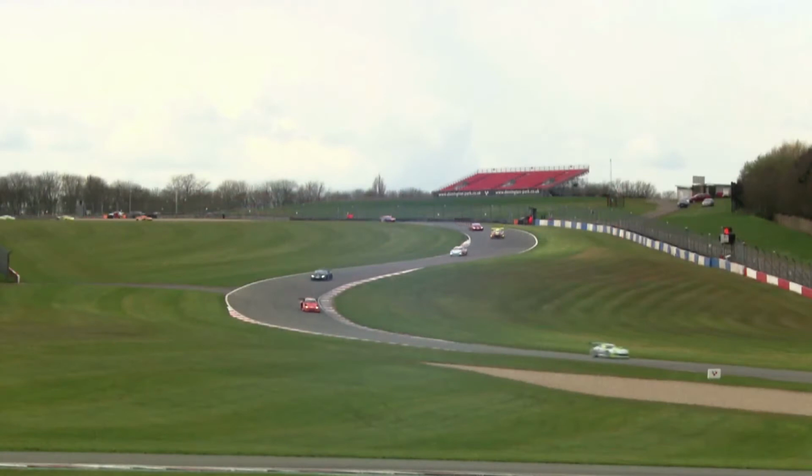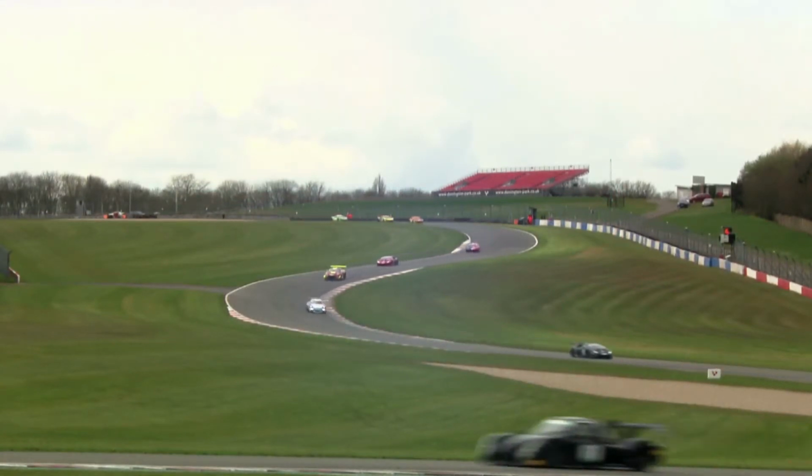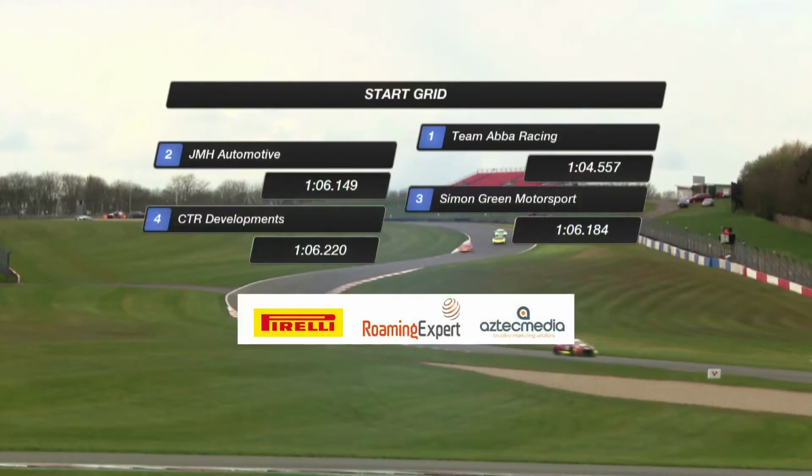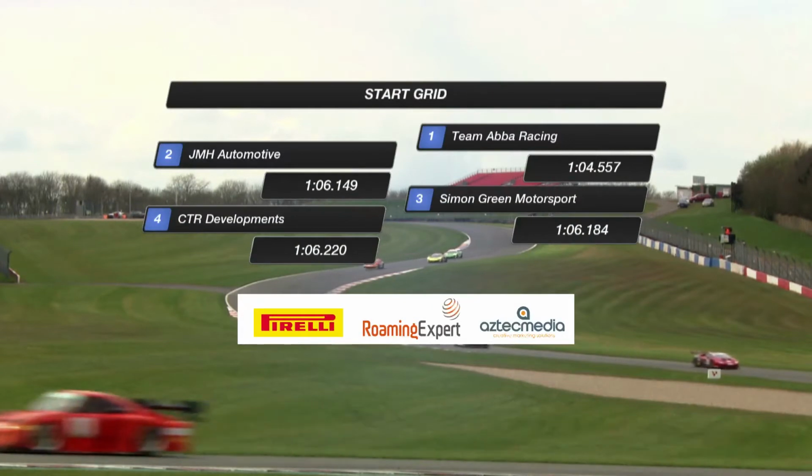So there are the Grainger curves that they dive their way down through. You don't really get an impression of the gradient, but you certainly get an impression of the change of direction from that shot. The cars flick one way and flick the other, and that just guides you through the starting